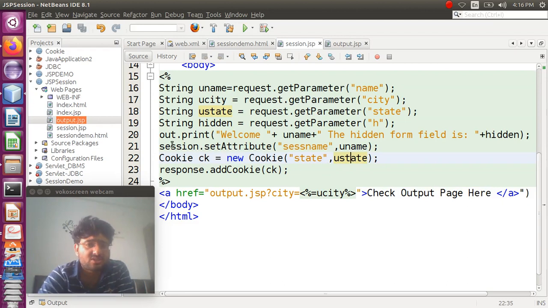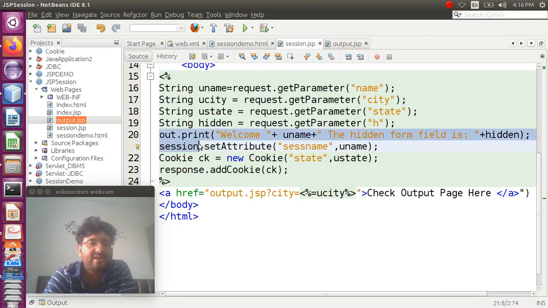So this you are already familiar with in the servlet also. Now you might wonder where this session is being declared. Okay, so session is an implicit object, same as out. So in JSP I can use out, request, response, session, all these objects directly, unlike in servlet. In servlet we have to actually create those variables, but here they are predefined.